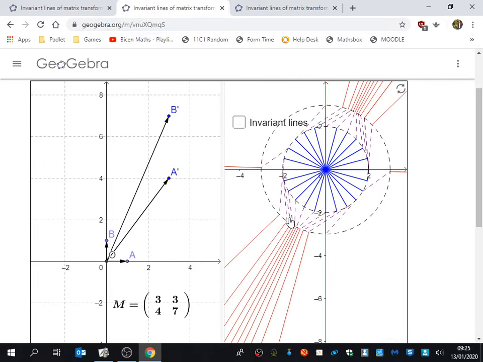Okay, so for example, this blue line that I've got here, this is it in the old space. The blue line means before the transformation, so before the transformation, the blue line was like this. The red line is after the transformation. Exactly. So the red lines and blue lines, if they line up, it means that they haven't varied. I'm sorry, I should have said at the beginning, the blue was before the transformation, the red was after the